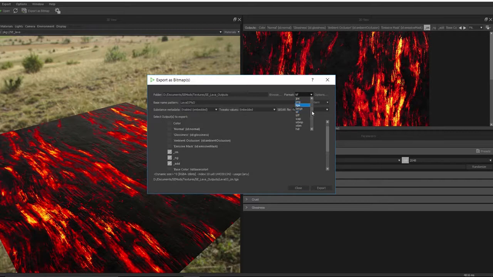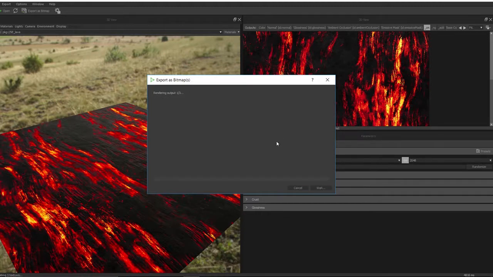It does have an option if you're looking for DDS, but the format that it uses for DDS doesn't work for Space Engineers, so you're better off putting it in some uncompressed format like Targa or TIFF, and then using Photoshop or whatever conversion method you use for your DDS files to convert it there, because you don't want to use a compressed format and then compress it again into DDS. So then you just hit export,